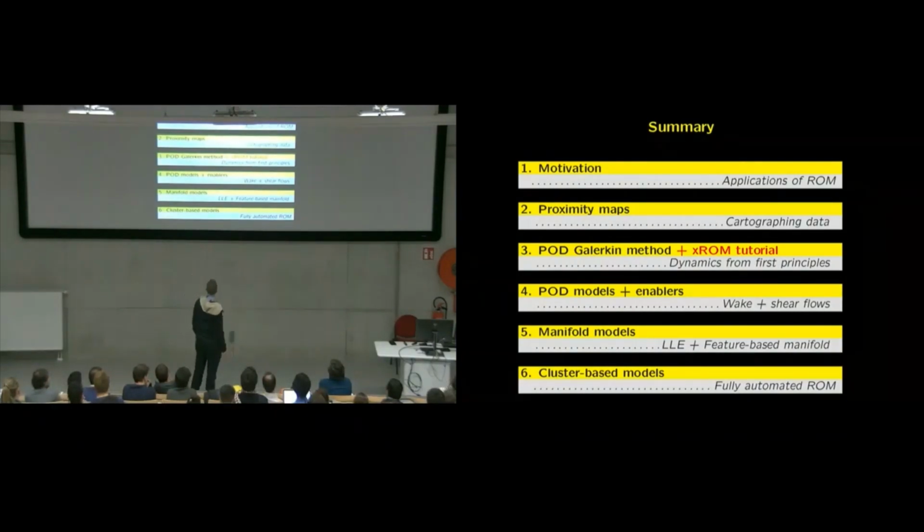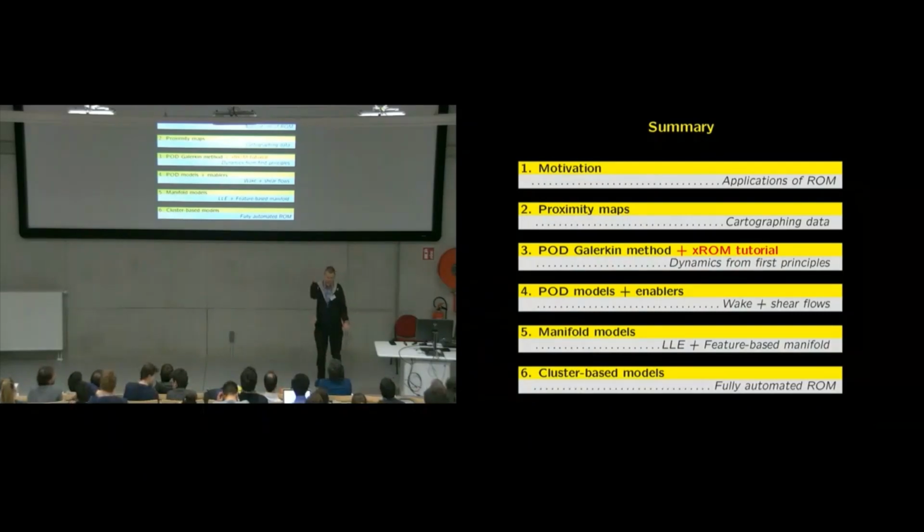And to summarize, what did we learn? We learned that reduced order models can be very useful for multiple purposes. The proximity map is a very cool strategy with which you should visualize all your data. Suddenly outlier detection, dynamics detection, and so on become so easy with it, and you can mold it in many forms. For instance, if you have a simulation, an LES simulation, and experimental data,